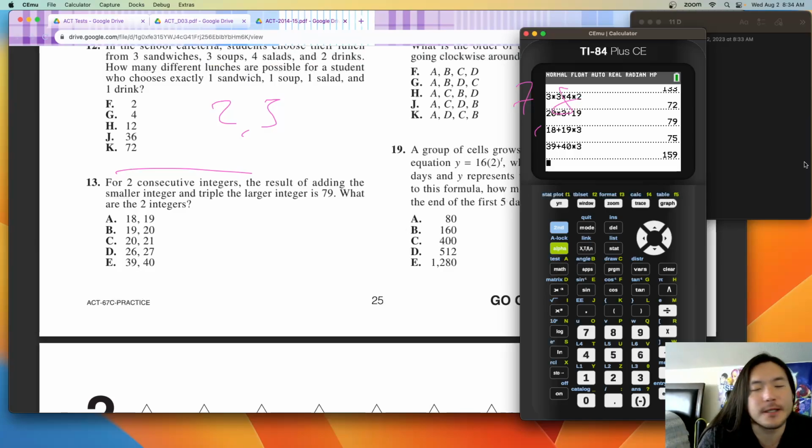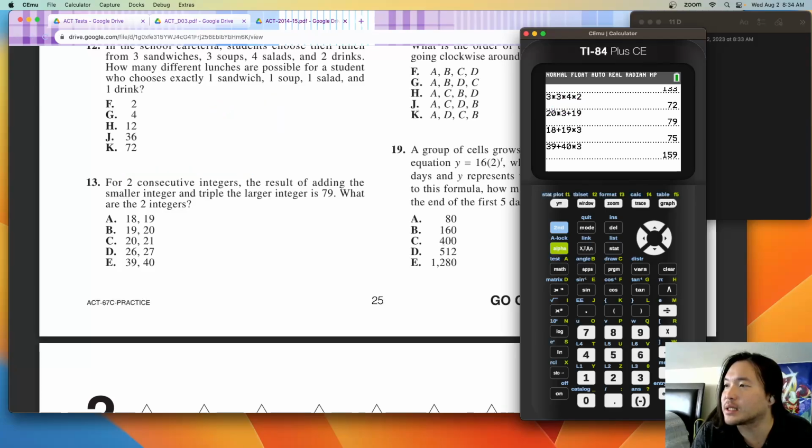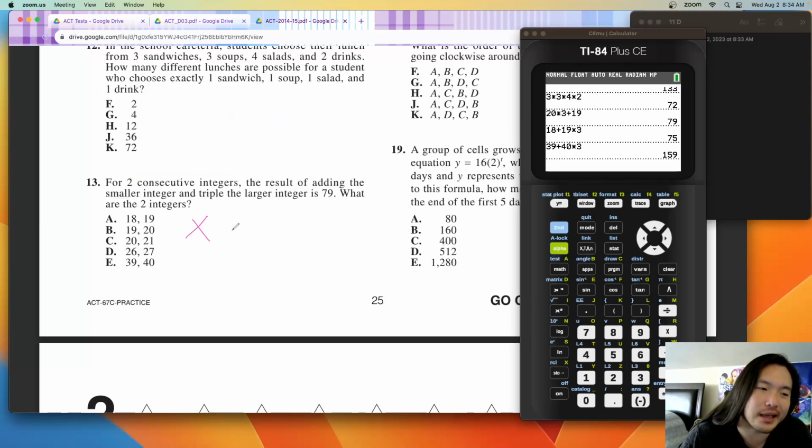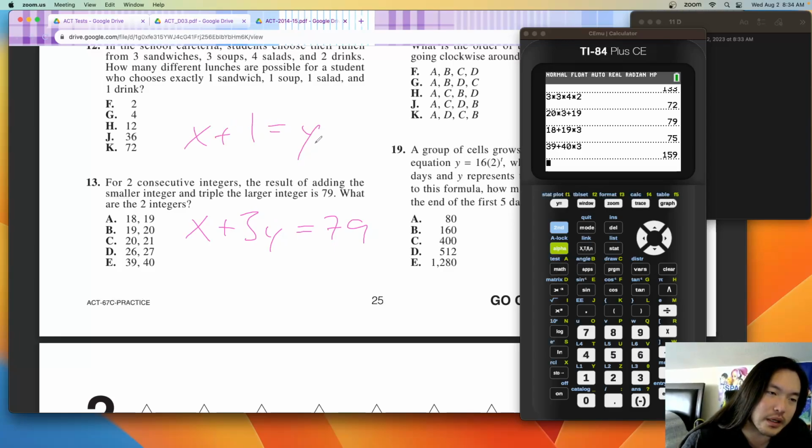Can you solve this one algebraically? I suppose you could. I don't know why you would do it that way, but you could. You could set up a system of equations, right? x plus 3y equals 79, and then x plus 1 equals y, right? Yeah, so you do x plus